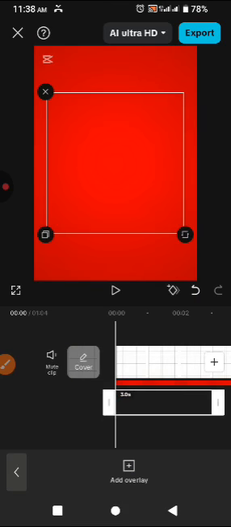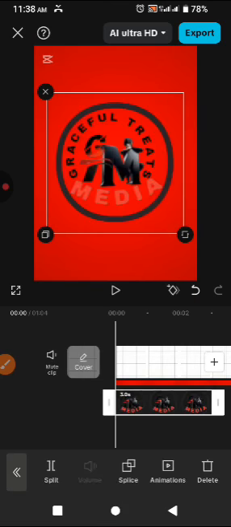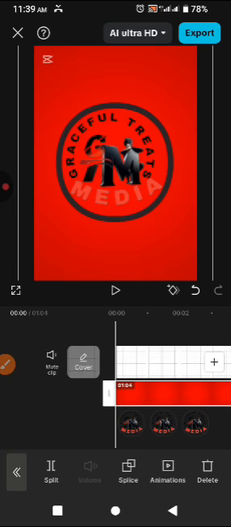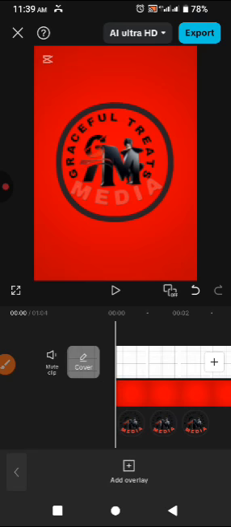Okay, now there was something we're supposed to do before bringing in this logo. Okay, tap on the red background for it to be selected. Then go back. Tap on the red background for it to be selected, and then scroll and search for